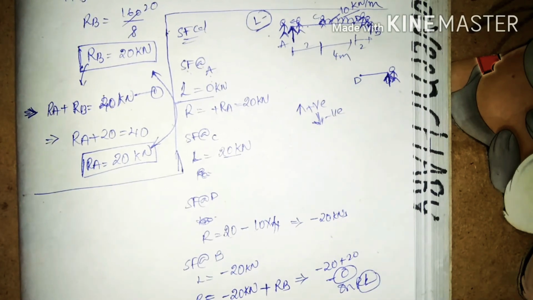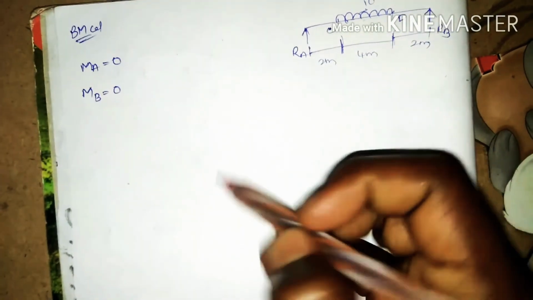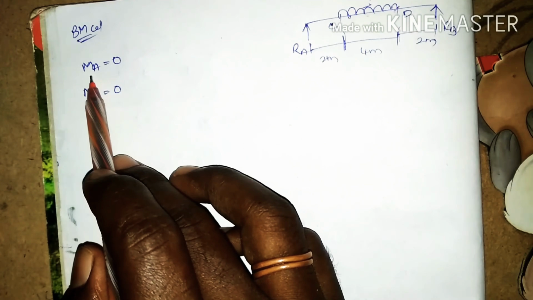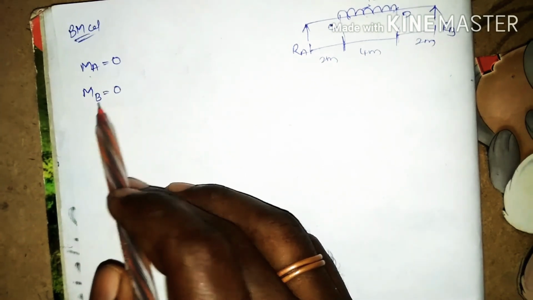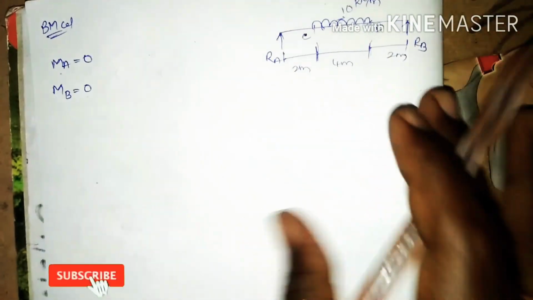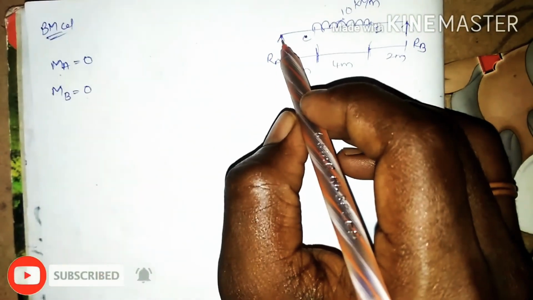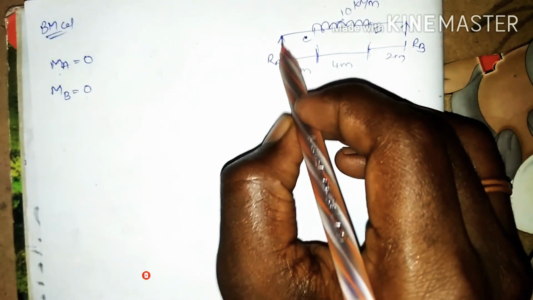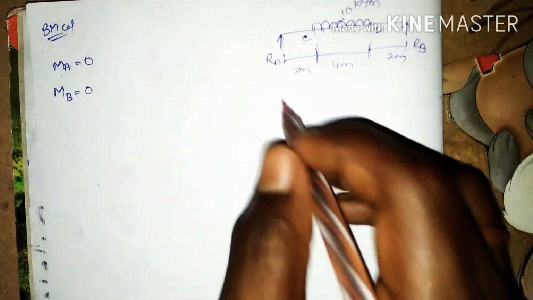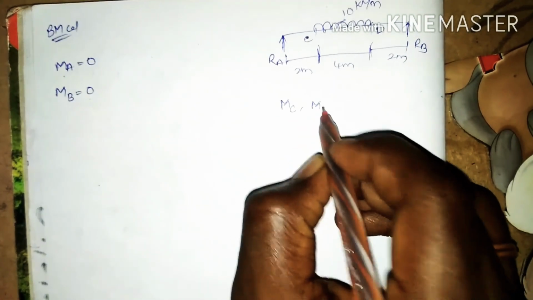These are the shear force values, and let's see the bend moment values. In this calculation, moment about A is equal to 0, moment about B is equal to 0, because these are the end supports of this beam and having no perpendicular distances to multiply with the reaction RA, so it is going to be 0, and we are remaining with moment about C and moment about D.